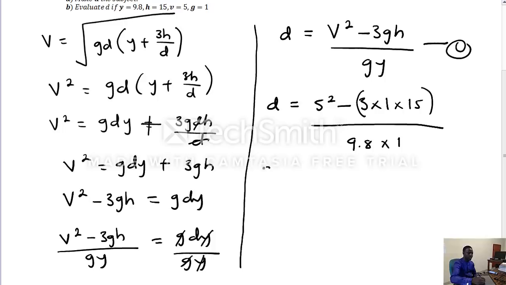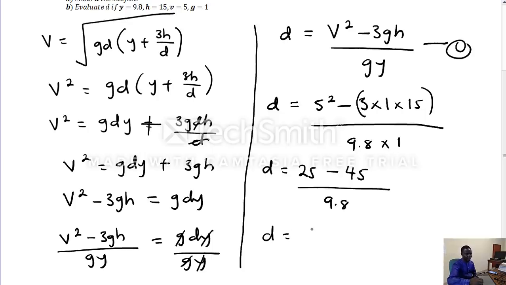So I'm going to simplify that: D is equal to 25 minus 3 times 1 is 3, and 3 times 15 is 45, divided by 9.8 times 1 is 9.8, leaving us with D is equal to